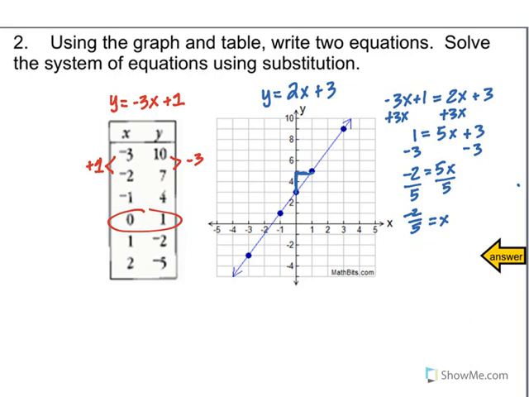I take x, whatever x is equal to, so I take that negative 2/5, I plug it into one of the two equations. So I'm going to plug it into the second one. So y equals 2 times negative 2/5 plus 3. Y equals negative 4/5